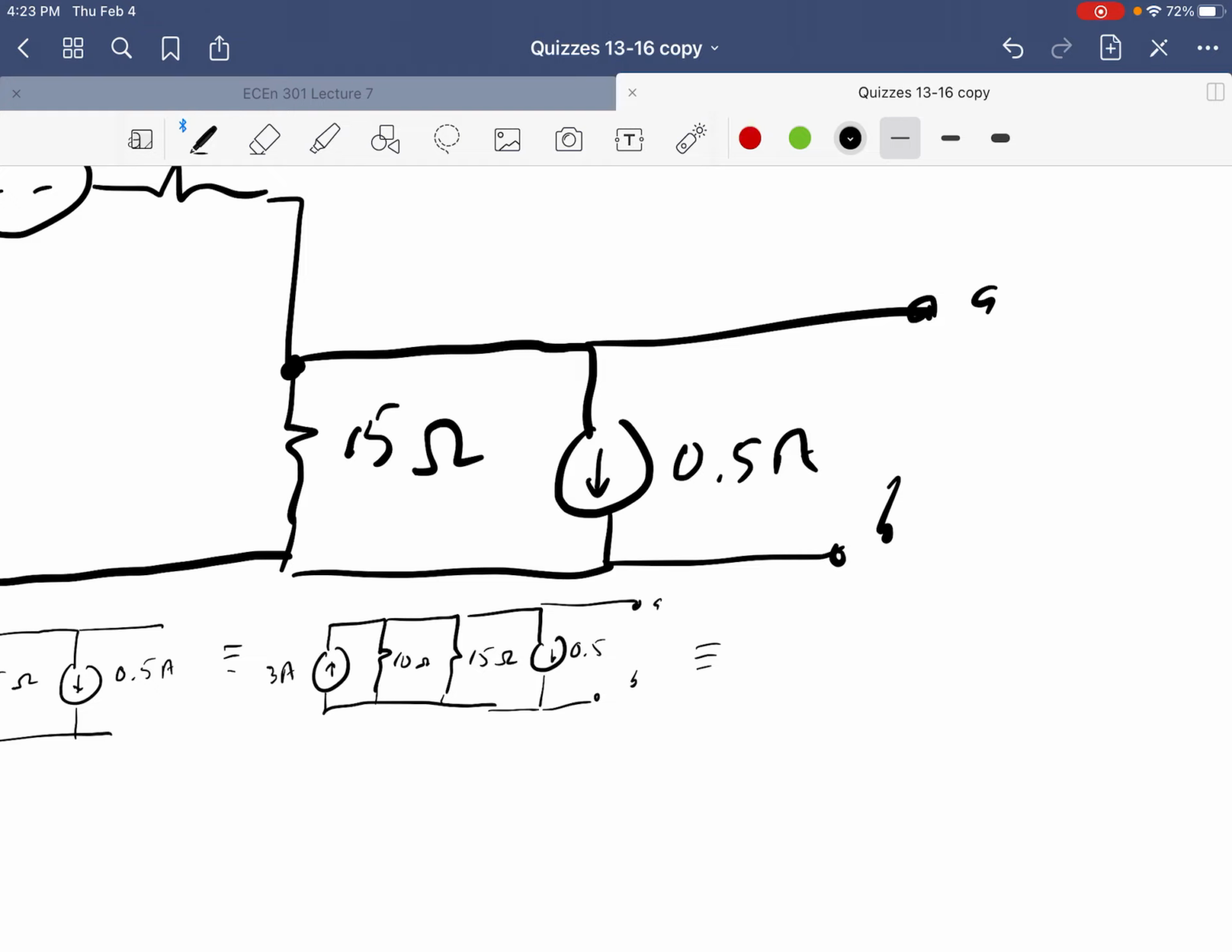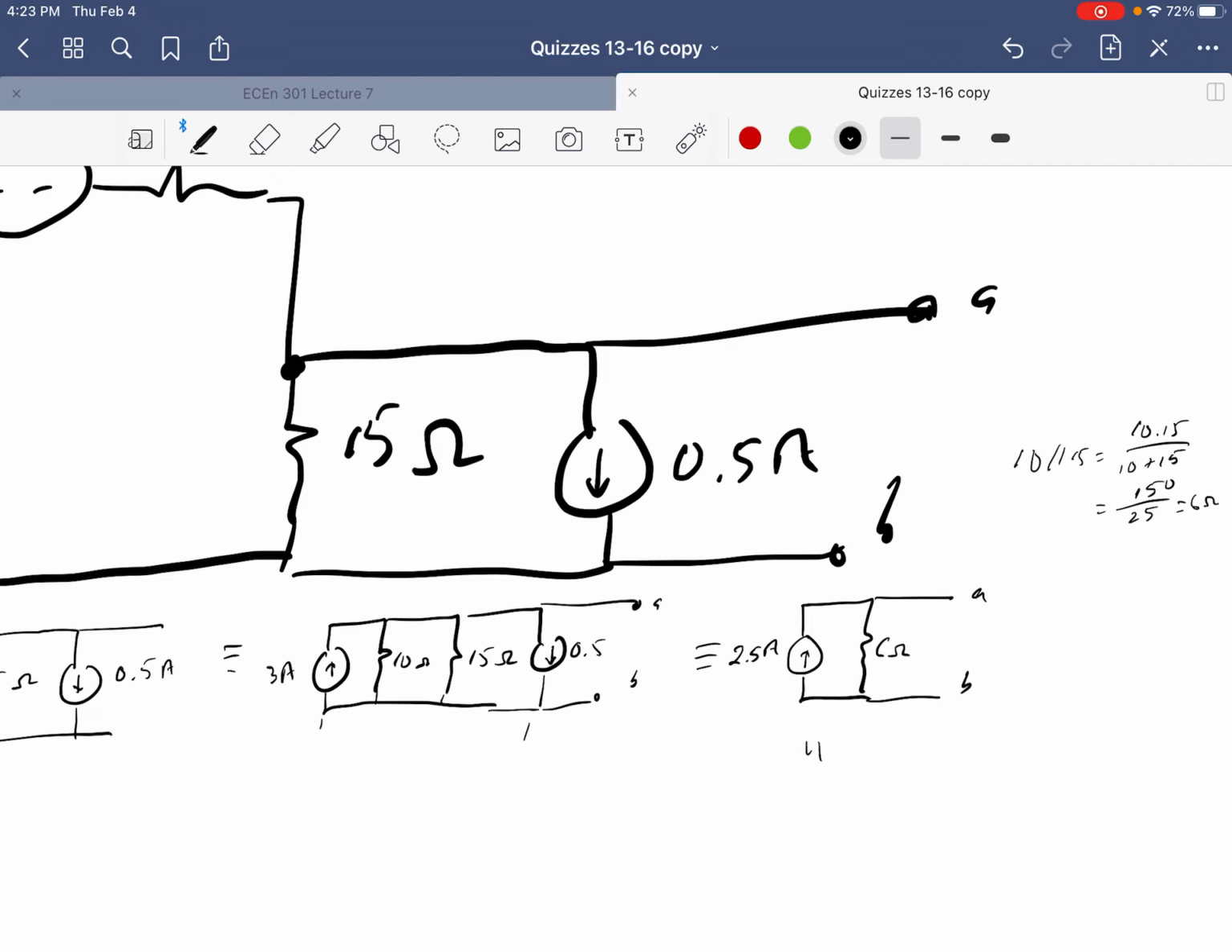I can go this direction. This is equal to, so now these current sources are in parallel, and notice this one goes in the opposite direction, so I've got a current source here that's now going to be 2.5 amps, and a resistor that's in parallel. This resistor is going to be 10 in parallel with 15, so it's 10 times 15 divided by 10 plus 15, so what's that, 150 divided by 25, so 6 ohms. This will be 6 ohms,